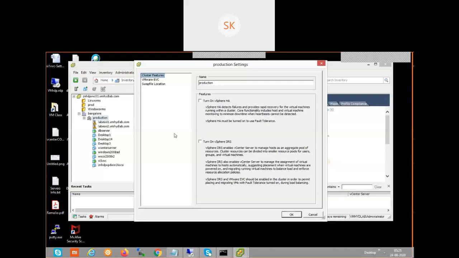The VMs cannot migrate. Okay, if the host is down, we can restart the VMs, but DRS is not going to function. So make sure you create a cluster with the same CPU family, that is Intel or AMD. In addition to that, the same model is preferable.